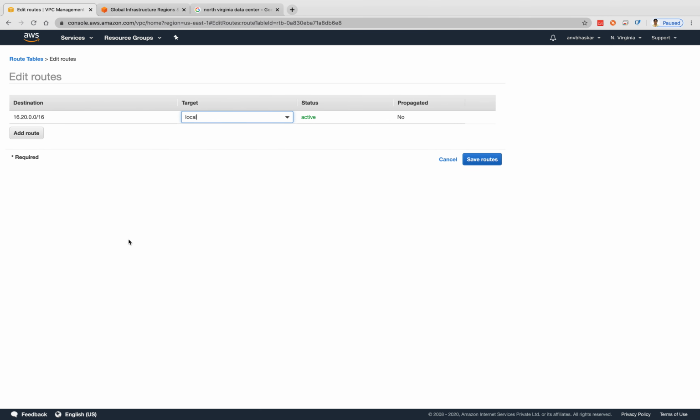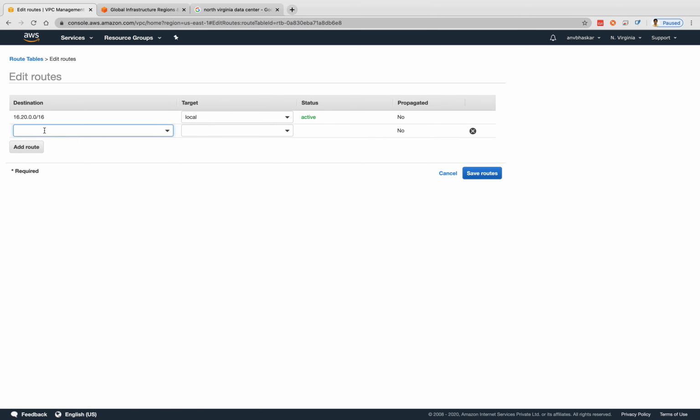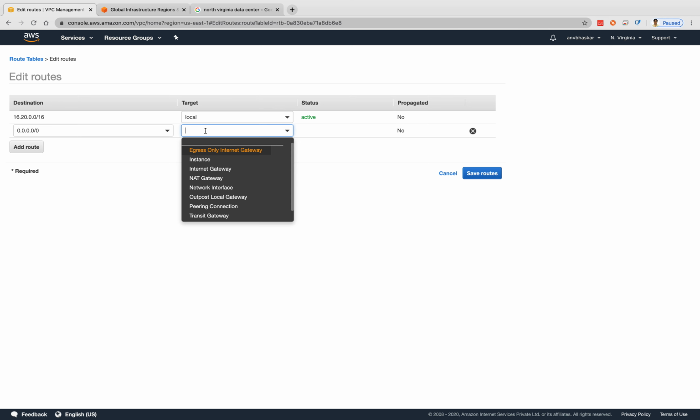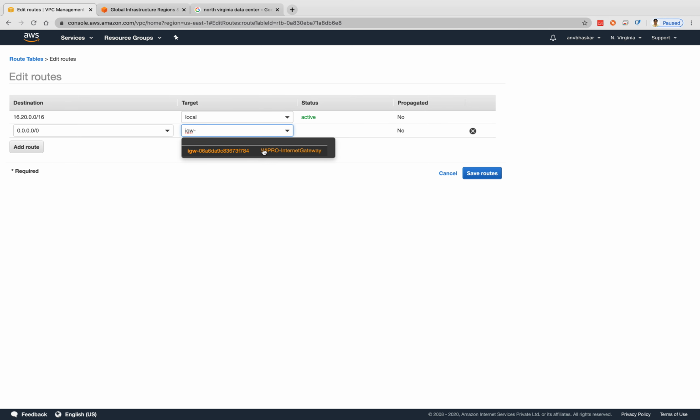Click edit routes. Okay, click add route. Here what I'm doing, I'm giving that anyone can access. I can give it like 0.0.0.0/0. When I say that, any IP can enter into my VPC. Okay, and click on, here we have a lot of gateways. I'm explaining one, internet gateway. Click on internet gateway, the Wipro internet gateway will be available, because we already created the gateway in the previous step, right?